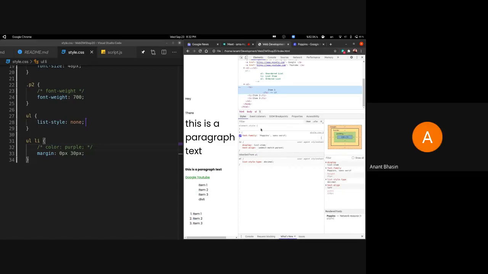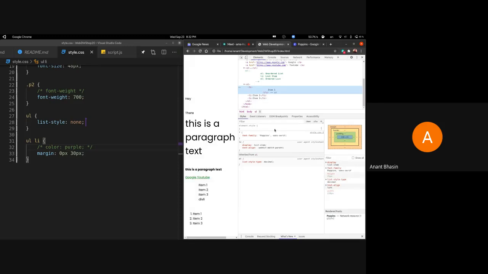So as you can see, the LIs have a display of list item, and they do have some specified width and height argument values over here, which you can see as being 228 into 25. Maybe it's a bit small for you to see properly, but when I hover over the LI element and it gives me the properties, it shows that it's a 228 into 25 width and height element. What that tells me is that this is a box model. So again, as we discussed in the previous session, it has these dimensions.